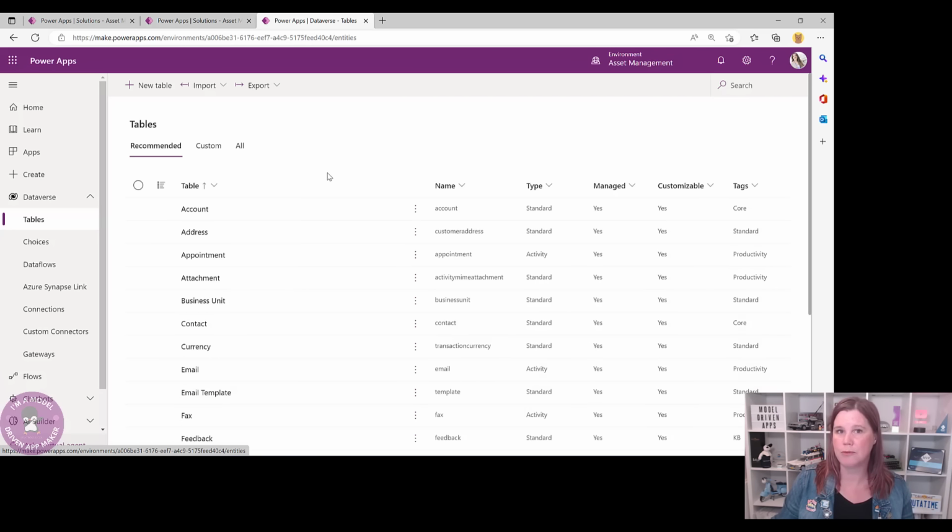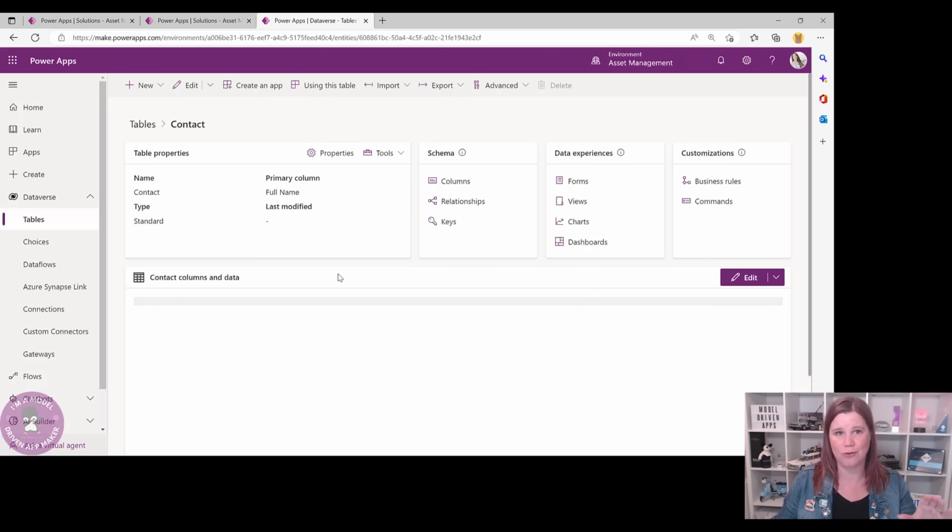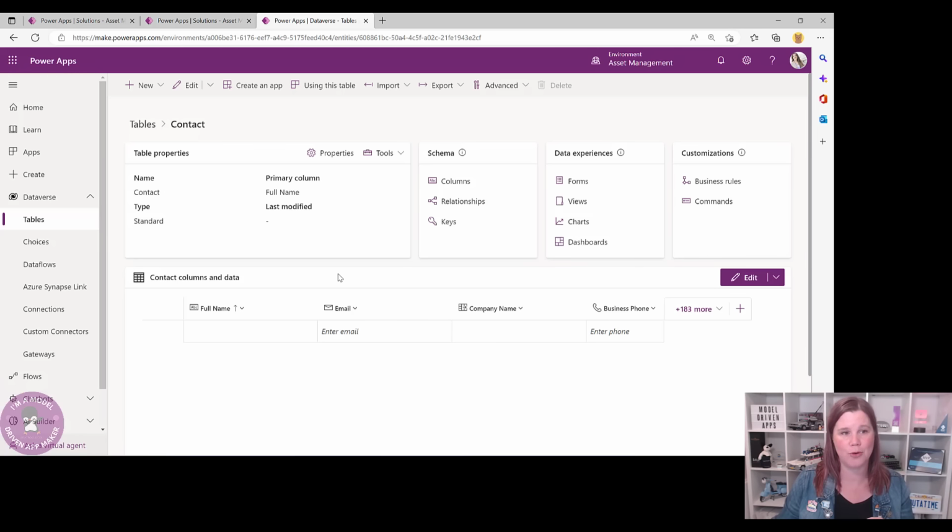It is worth getting familiar with those out-of-the-box tables because you don't want to rebuild something that already exists. These are very, very rich. So for instance, contact is something that many apps are going to use. You've got people involved or accounts involved where you've got a scenario where you've got organizations and people who work for them. If I click through into that table, and this is starting to navigate you around the experience that we're going to have here,